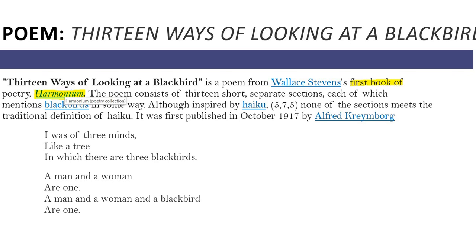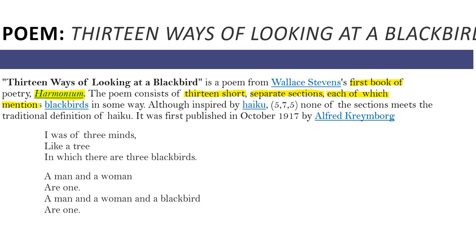So Harmonium was the name of his first collection of poetry, and Thirteen Ways of Looking at a Blackbird was published in it. The poem consists of 13 short separate sections, each of which has a mention of the blackbird. अब इस blackbird जो एक एनिमल है उसमें 13 शॉट्स हैं. जैसे आजकल आप रील देखते हैं उसी तरह से आप समझ लीजिए there are 13 shots. These 13 shots are the separate sections, and each of which